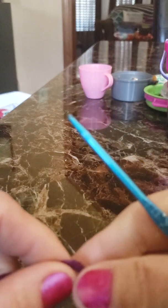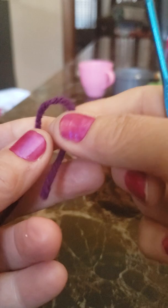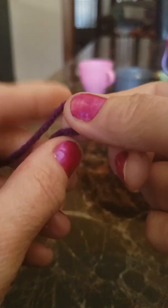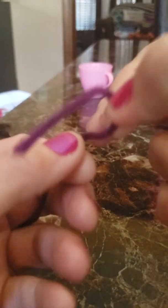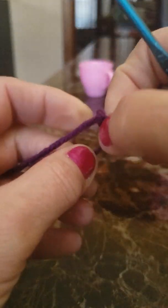Good afternoon, friends. I'm going to show you a new tutorial. This one is on how to make a zigzag Afghan. So first you want to start off with a loop that you always have to do